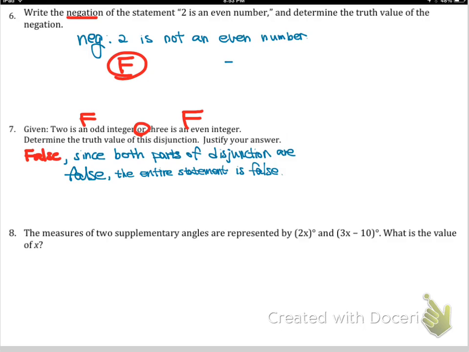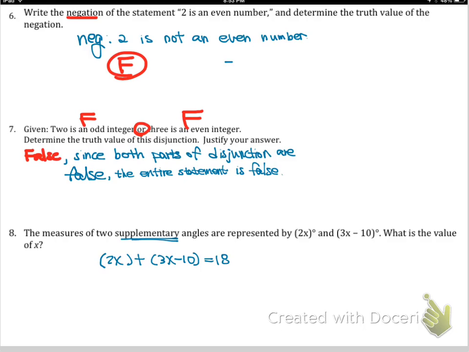All right, great. Let's look at number 8. The measures of the two supplementary angles are represented by 2x and then 3x minus 10. What is the value of x? So the word supplementary once again implies that the sum becomes 180. So we're going to write up the equation as 2x plus 3x minus 10